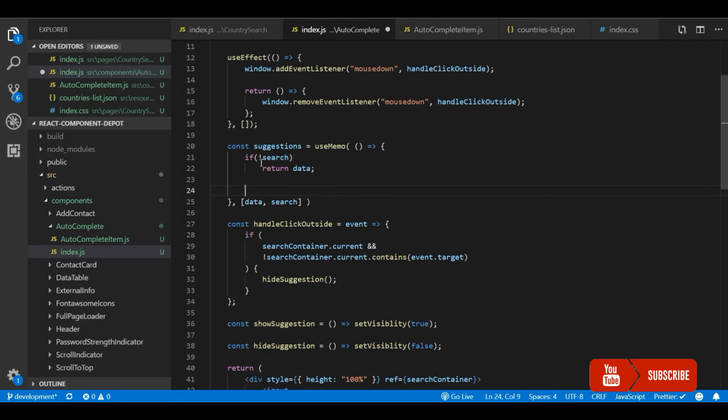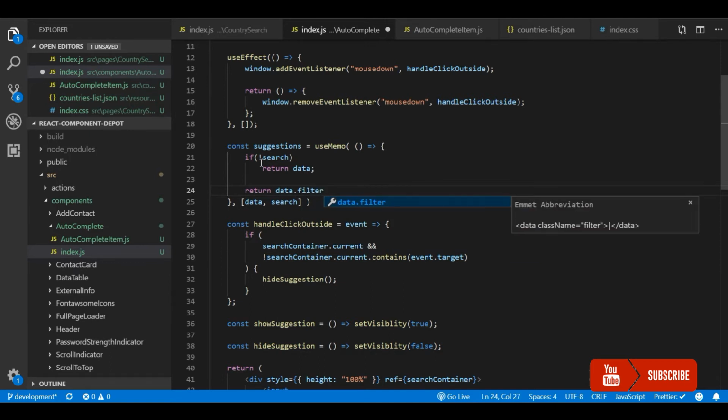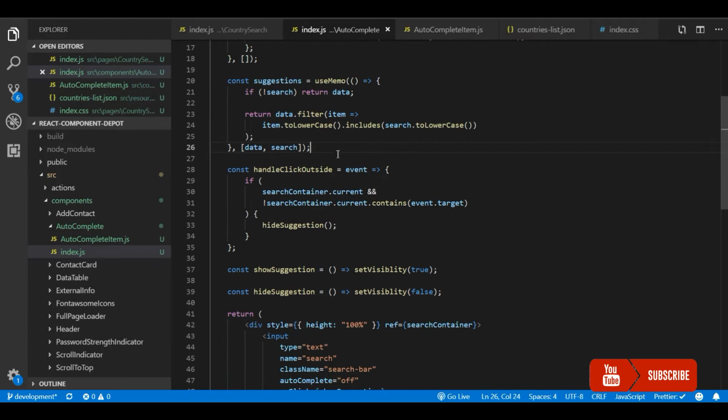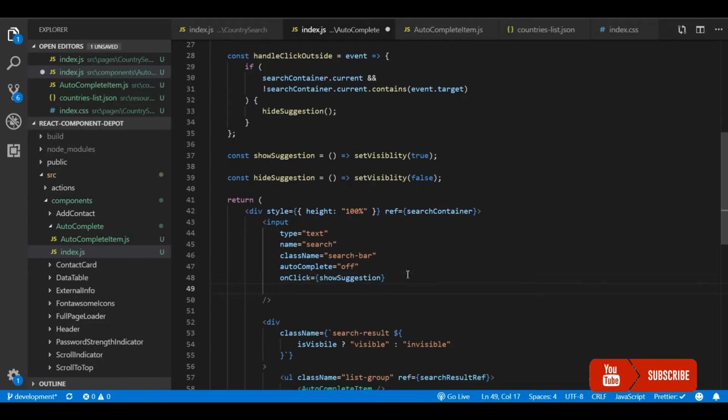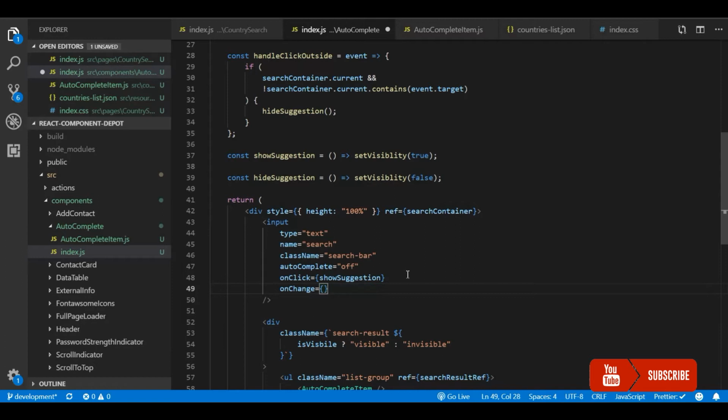Here it's a normal JavaScript search, where I'm checking if the string contains the search, like substring of. I'm going to check if the item contains the search string, then it will be filtered, and the final filtered version will be rendered here. And on change, we will call the set search function to set the search value.